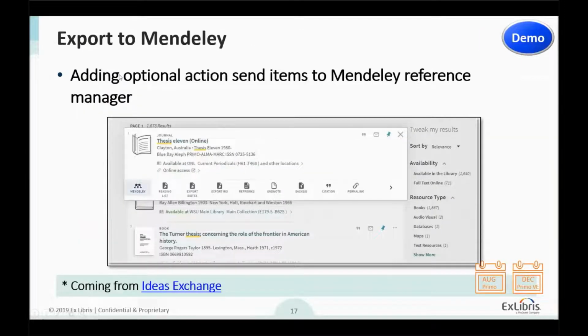Next item is the export to Mendeley. We are now adding an additional action to Primo to support the export to a citation manager, the Mendeley citation manager. So far we have the referrals and other stuff. And this was requested